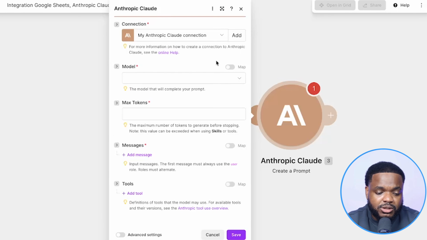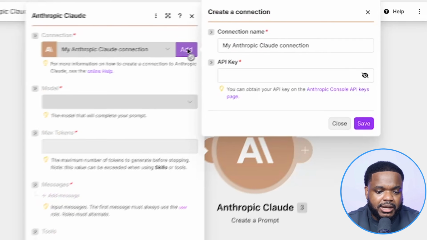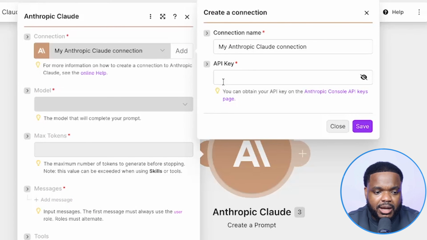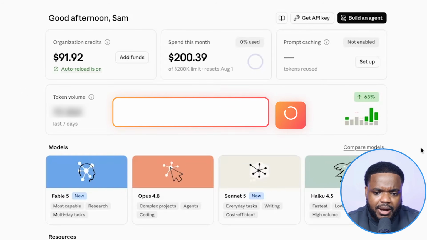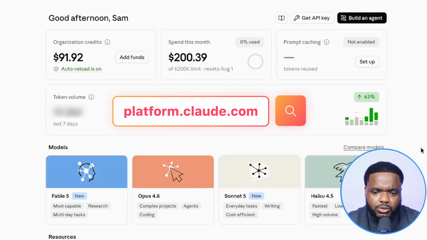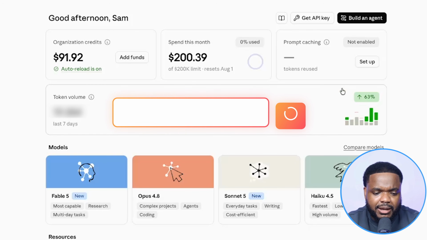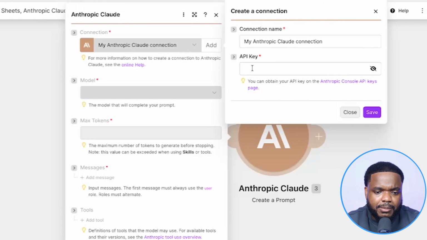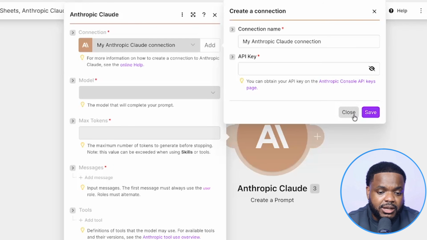And it is important for you to know that you do need to go over to your Anthropic account. You can click on add. It's going to take you directly there, and you're going to get your API key. The way that you can do that is by going over to platform.claude.com. So you're not going to go over to the regular Claude website. It's going to be this one where you're going to see get API key. Once you get that, you're just going to paste it in here and then click on save